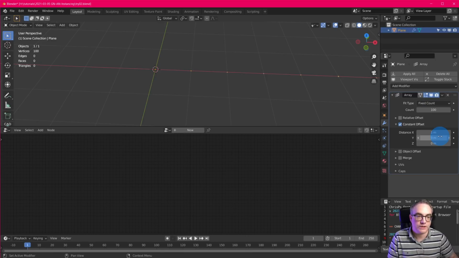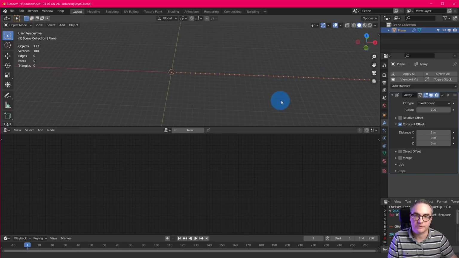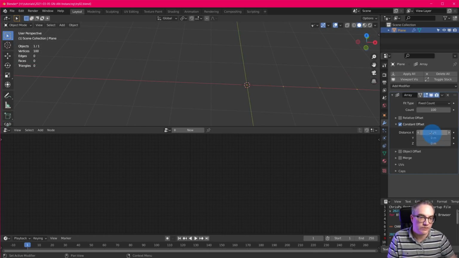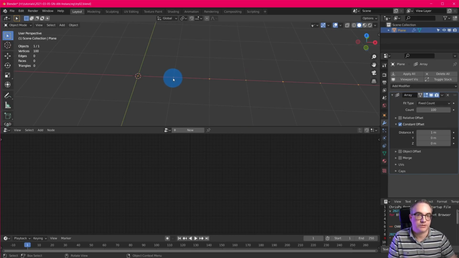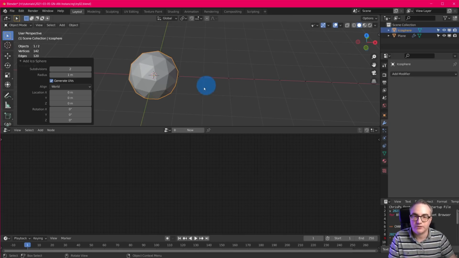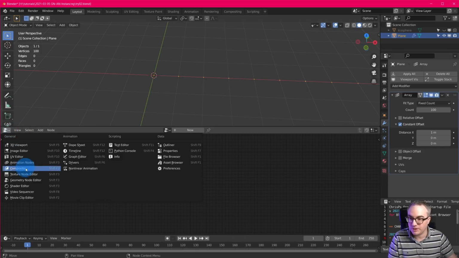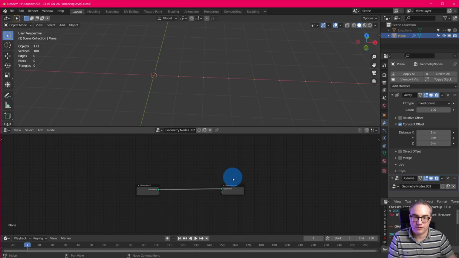So now we have 2. And if I set this to 100, now we get this line of vertices, 100 vertices, right? And since we have a constant offset of 1 meter, we know that this one is at position 0 and this one is at position 1, 2, 3, and so on and so forth. Now we can't really see anything, so let's also add an icosphere, maybe hide it, we know it's there, and we go back to this object. Down here we go to geometry nodes, create a new node tree,